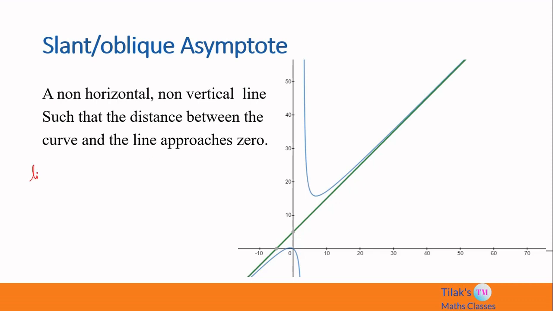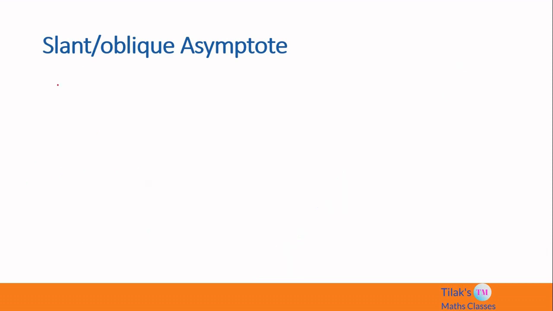So, limit x tending to infinity, if f of x becomes something like mx plus c, that is, when x is tending to infinity, if the function y is equal to f of x behaves like a straight line of the form y is equal to mx plus c, then we can say that the curve of the function y equal to f of x has an oblique asymptote. Let us consider an example.